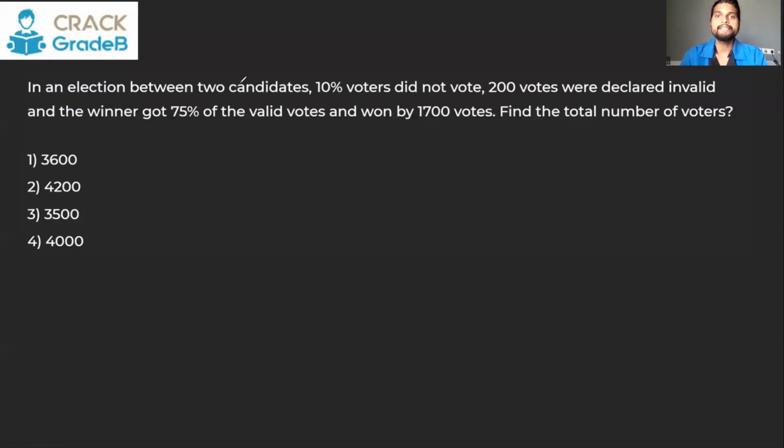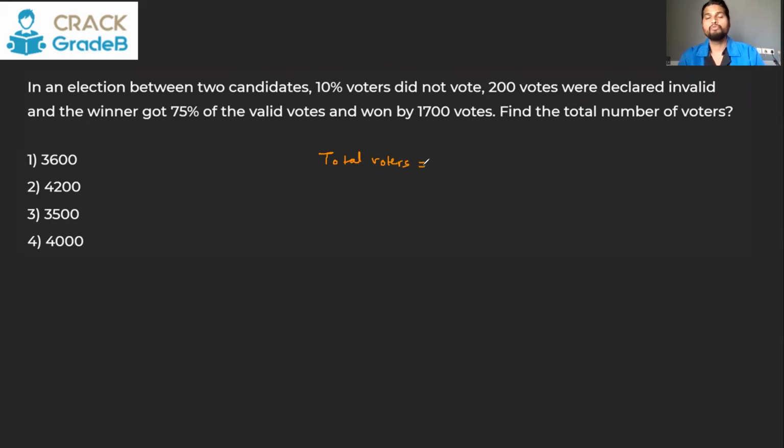In an election between two candidates, 10% did not vote, 200 votes were declared invalid, and the winner got 75% of the valid votes and won by 1700 votes. Find the total number of voters. So if we again say the total voters,